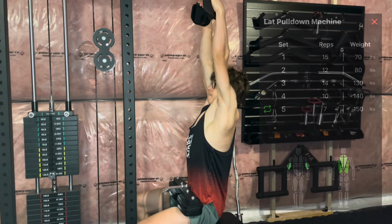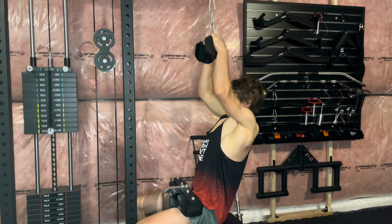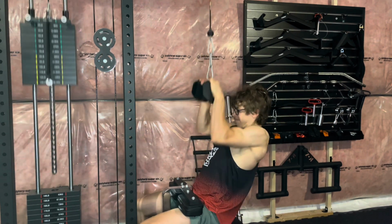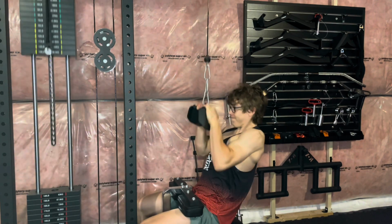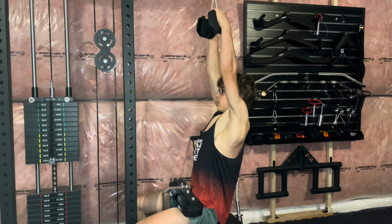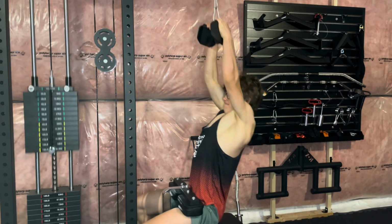Last time we used more of a mid to wide grip, but now we're going to be using a closer grip, really going to be emphasizing the lats here, trying to take out the mid traps involvement in the pull down. So what we're going to be doing is we're almost going to be pulling this down, like straight down past my chest almost, just to really focus on the lats and try and take the mid traps out of the equation,